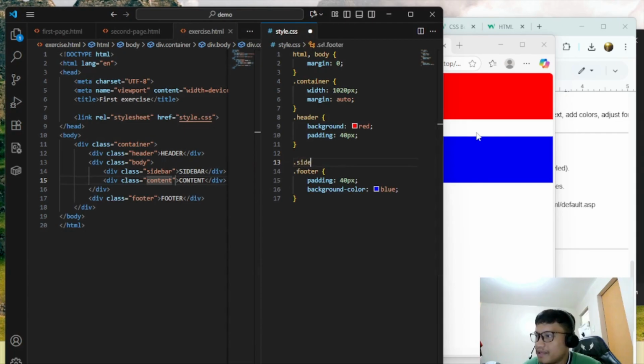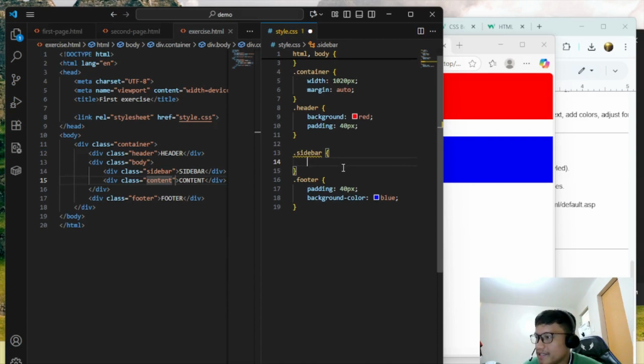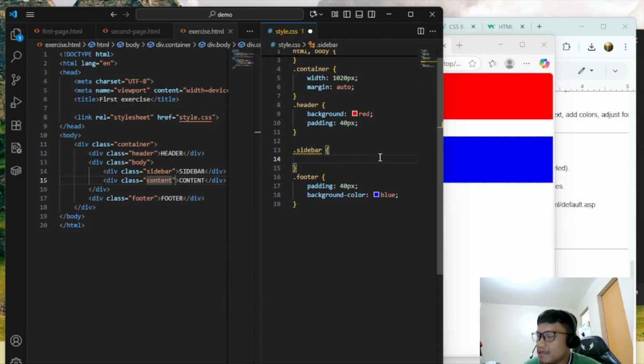So for sidebar, do you remember how to align the div, the box of the div, from one to align with the other?